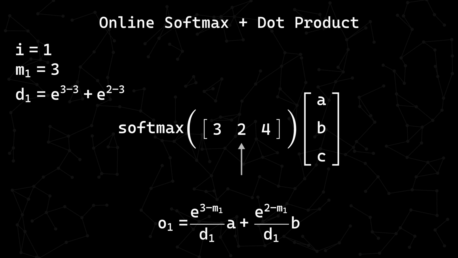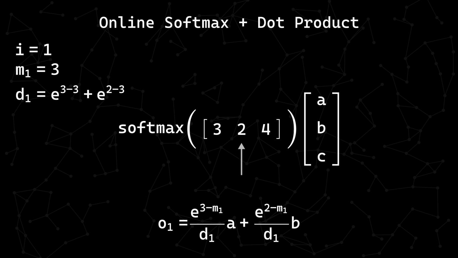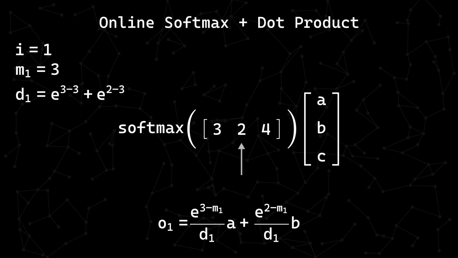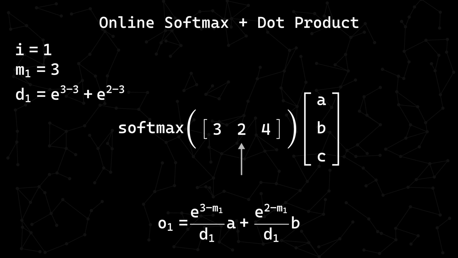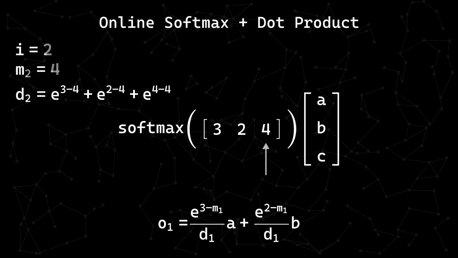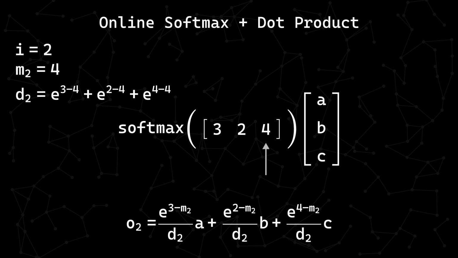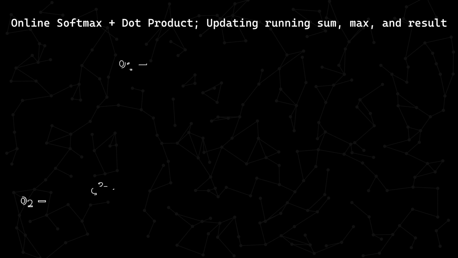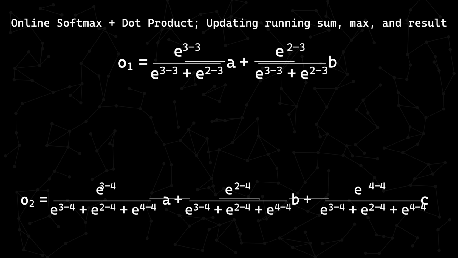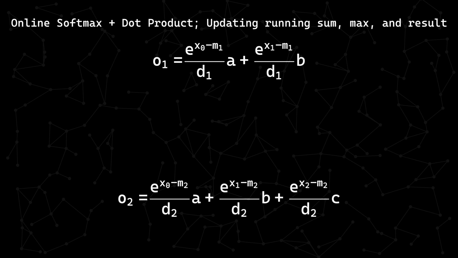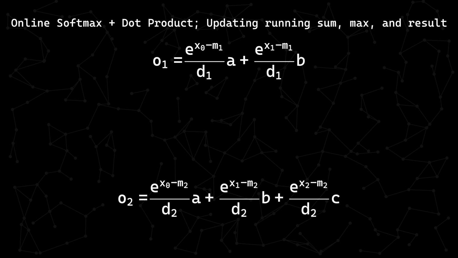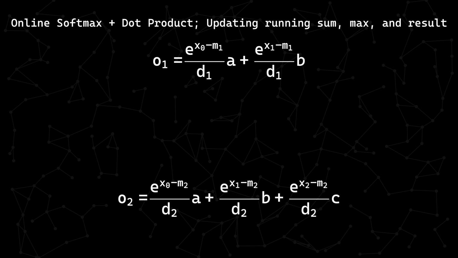Going back to the softmax plus dot product operation, we just learned the extra step required for when only the running sum changes. However, for the final iteration here, we see that both the running max and the running sum get updated. Let's take a look at how the math works here. Again, at the top, I have the running result from the second iteration. At the bottom is our final iteration's result.